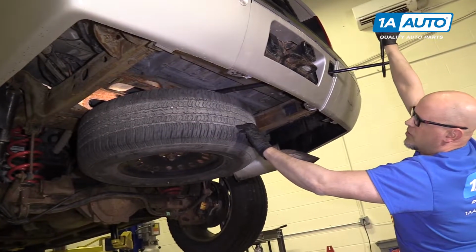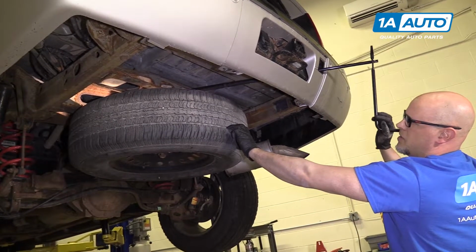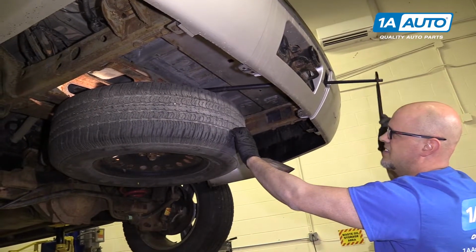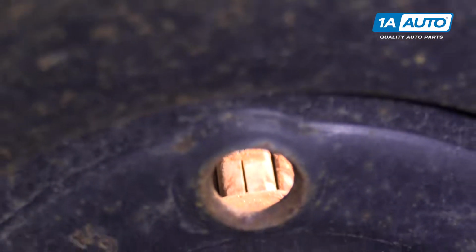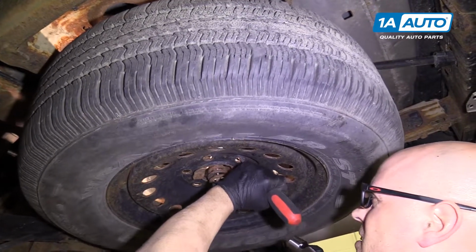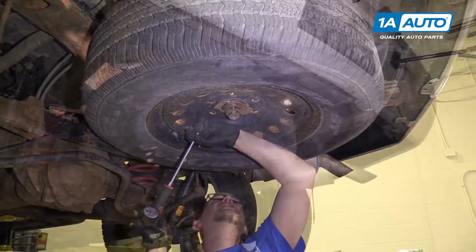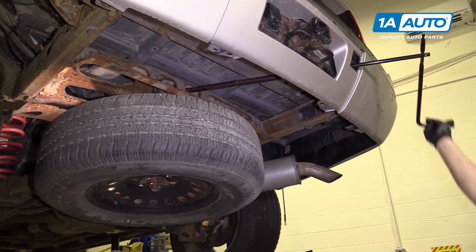So I want the tire just a little bit, just about when it stops, just maybe a little bit more, just to get a little bit of the pressure off, because it's gonna drop a little bit. Just about there. It's just a piece of metal here. It's the lock right there. Just gotta be able to push it back. I'm gonna use a flat blade long screwdriver and a hammer and tap it. There it goes. And there it goes. So it's past the lock,